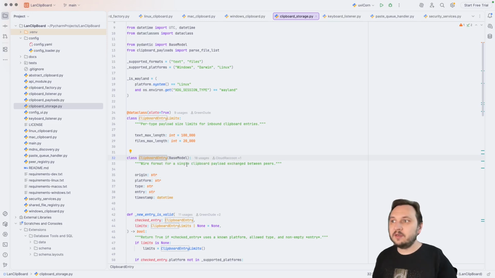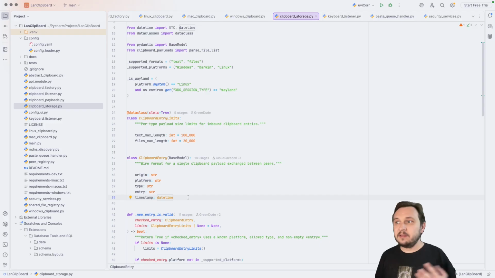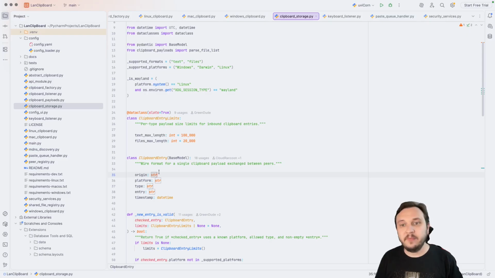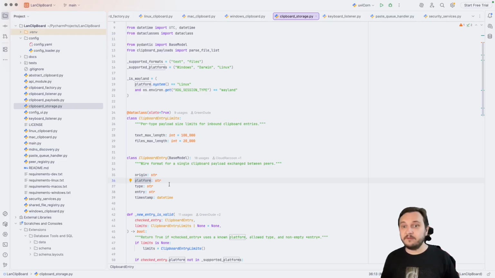So instead we have some middle ground, and in our case we are storing some additional data as well. First of all, we are storing the origin, meaning the device that it came from, the platform that this originated from, also the type of entry that we are storing, the entry itself, and the timestamp